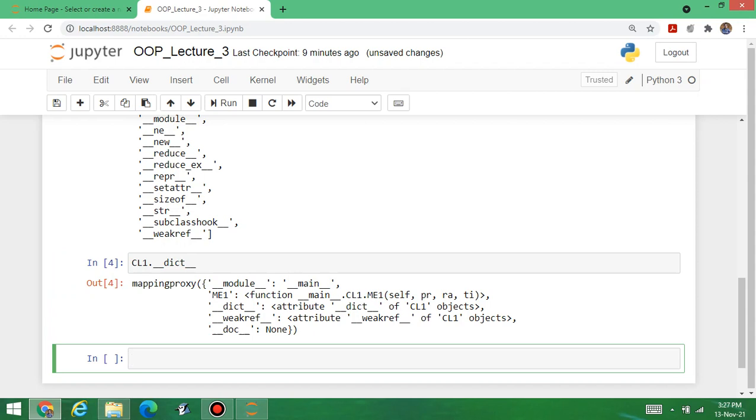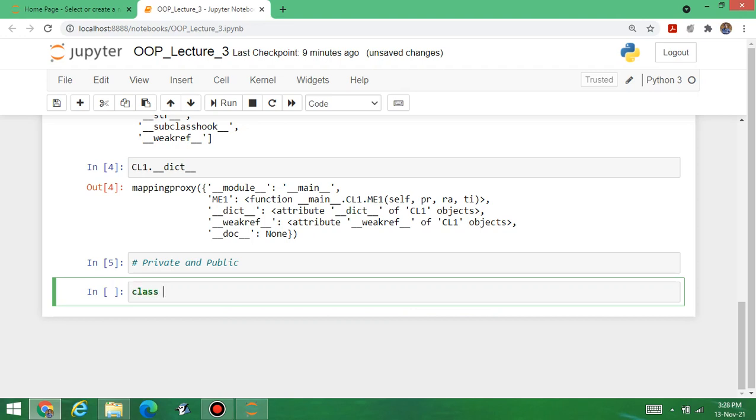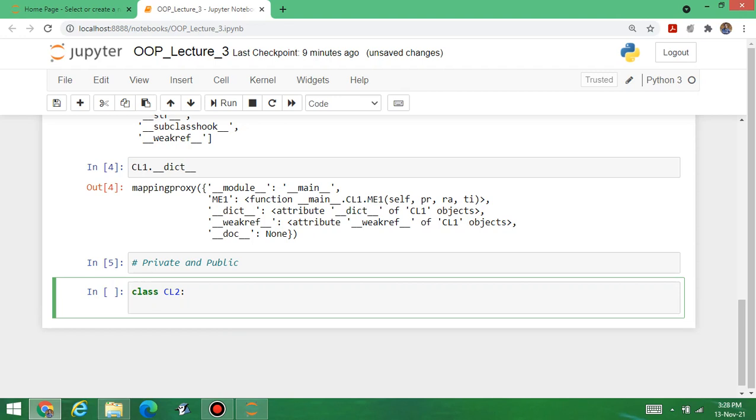Now, let's design one more class to understand private and public contents of the class. Private and public. Okay. Let the class be CL2. This one is the second class. Then define double underscore init, double underscore, then self.